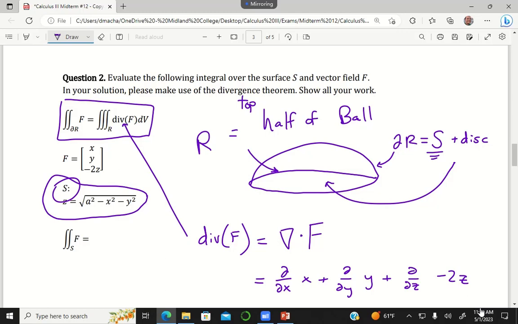If you think about the vector field as being like a fluid flow and describing the direction and the speed of fluid flowing, then there's no fluid flowing through the disk. There's only fluid flowing across the disk. And so in terms of this surface integral, it's going to be 0